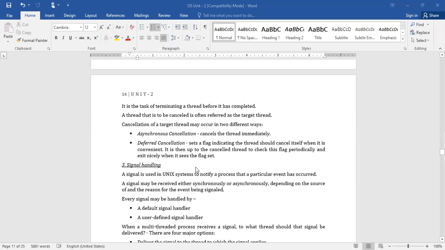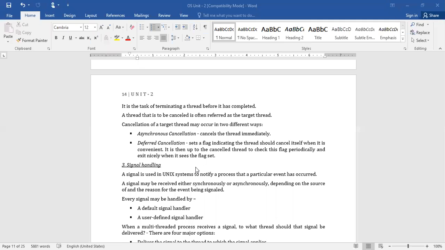Now, signal handling. This is an important point. A signal is used in Unix to notify a process that a particular event has occurred. Even in inter-process communication, we have used this signaling system, right?